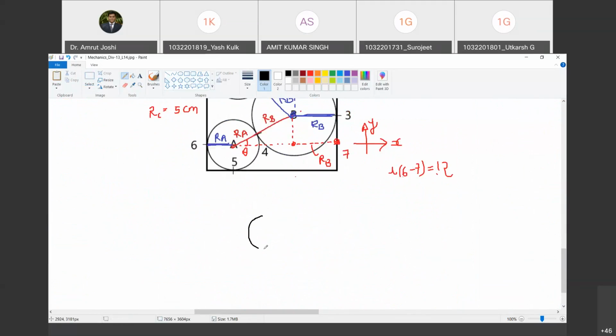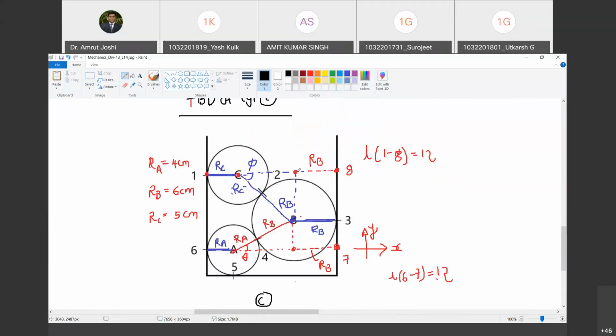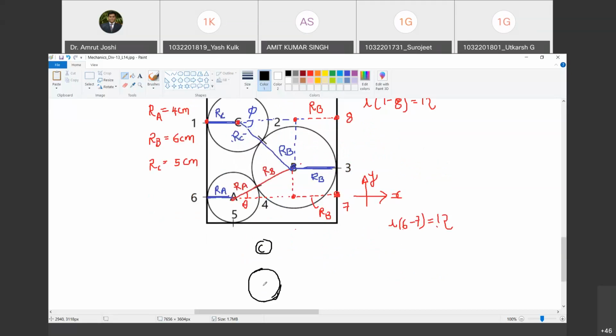So what are the external agencies as far as sphere C is concerned? As far as sphere C is concerned, is sphere B external? So I have to free it from sphere B. Is this vertical wall where sphere C is touching the container, is it external? So I have to free the sphere from this external wall. Is Earth external? Earth is external. So I must show what the Earth must have been doing. So Earth must be applying a gravitational pull.